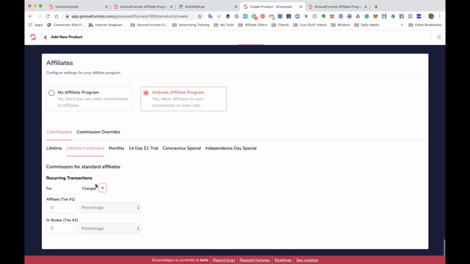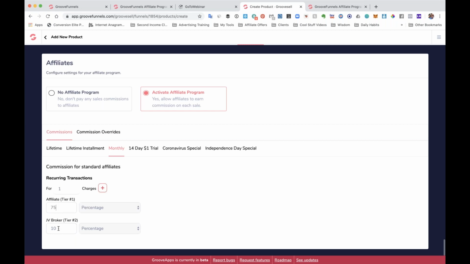And then the same thing applies for all the different price points that we talked about earlier. And we're going to get to several different things here. So lifetime installment, remember that was 3 payments, and that would pretty much stay the same. So 50% and 10%. Monthly, if they just go with a monthly, you could give 50% ongoing, 10% ongoing, or you could, for one charge, give, I mean, you could get crazy. You could go